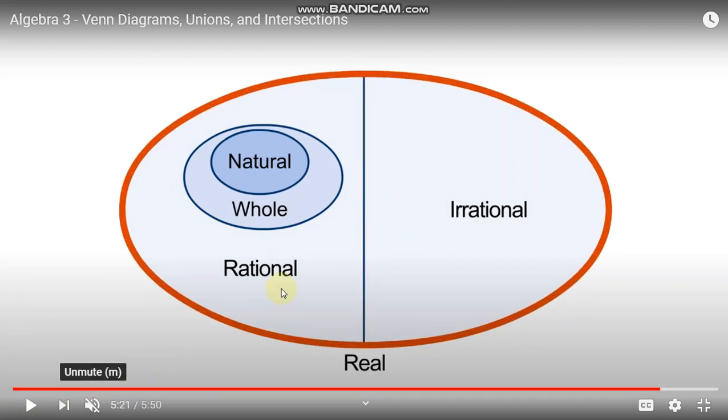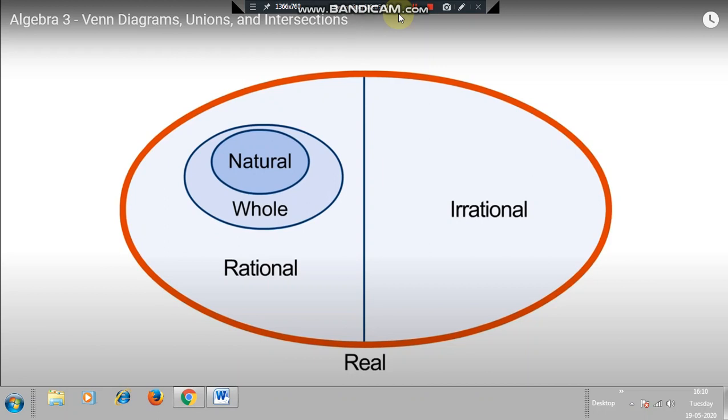Okay, the rational and irrational together. See, natural is a subset of whole numbers. This is a subset of rational. Numbers which are not rational are irrational. But all these numbers together are involved in real numbers. Therefore, the superset is real numbers, and the subsets are natural, then whole, then rational, irrational, and all. This is one of the beautiful examples to explain the concept of subset and superset. So by using a Venn diagram we can explain all these things, right? This is the idea of the Venn diagram to represent union and intersection as well as the subset and superset concept.